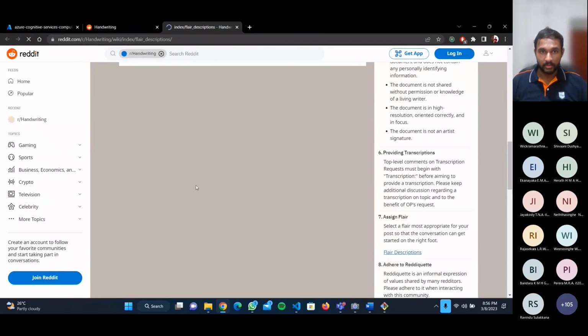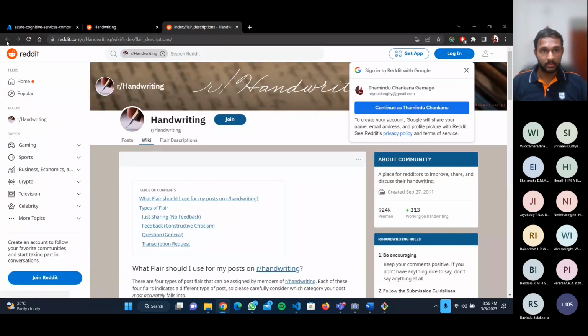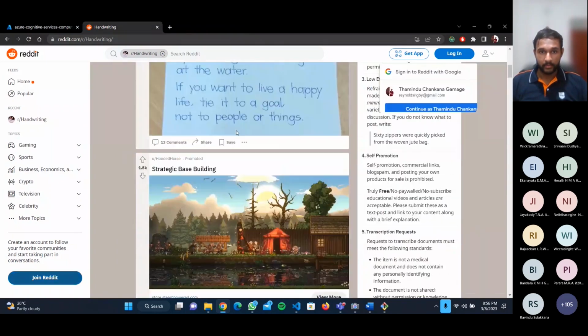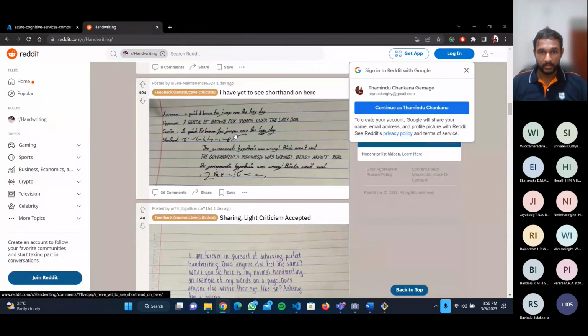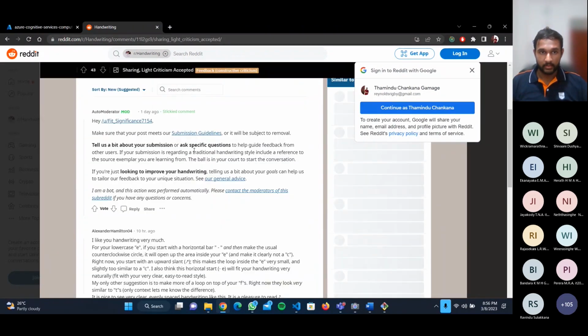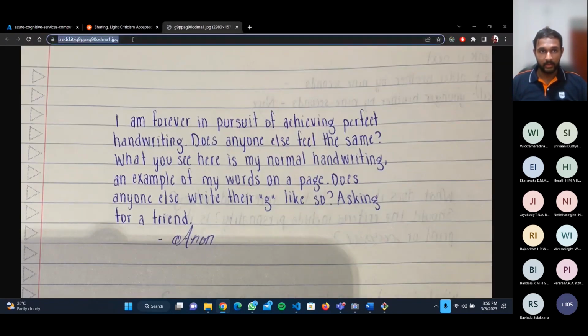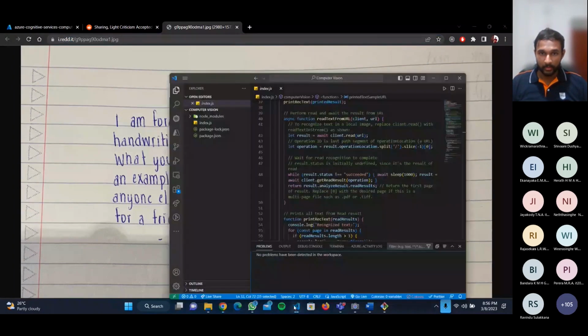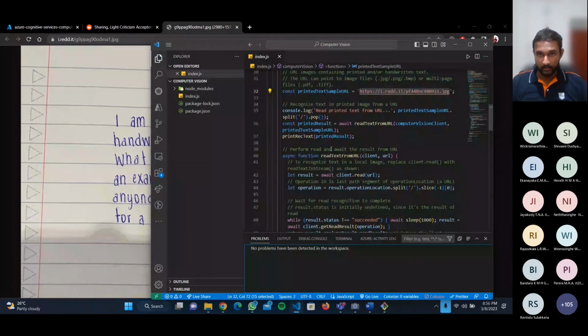And now I'm going to show you another example for handwriting. So you can see this URL. Now I'm going to copy it, and I'm going to paste it here where I got the printed text example URL. So if I replace it here and run the program again,